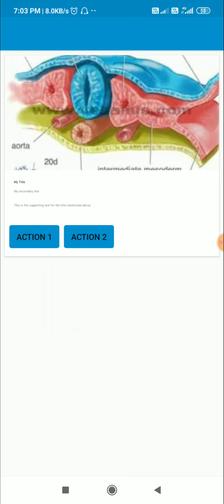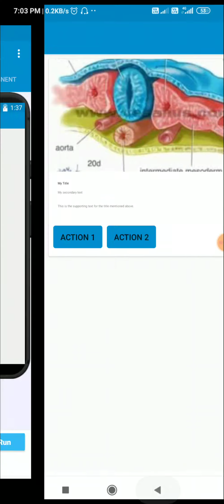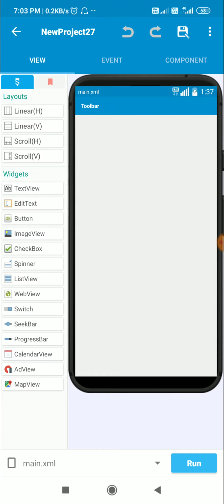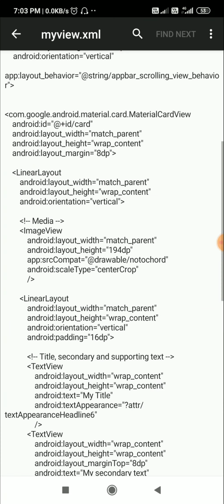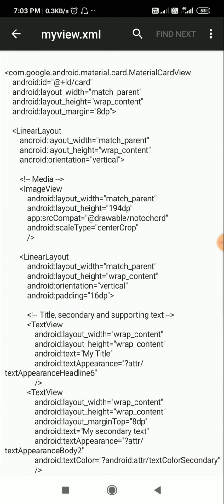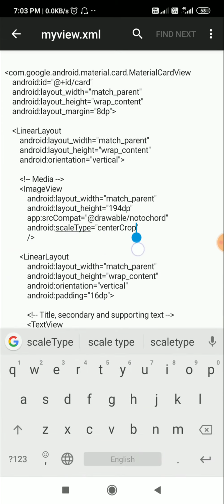Okay, so here you can see the material card view with the title, text, and these two buttons, but the text here is too small. So for that we can add, and the image is not fitting. So for text we can add text size, and for image we can set the scale type. So for that let's again go to our XML file, and here for the image view I will set scale type to